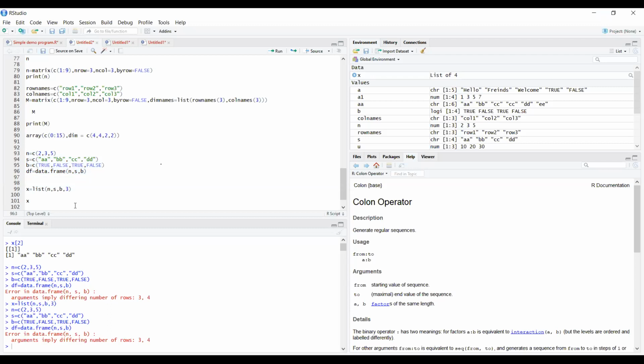We are taking df as an object, with n equals 2, 3, 3, s equals A, A, B, B, B, B, and b equals true, false, false.